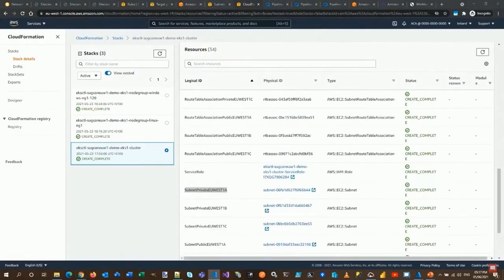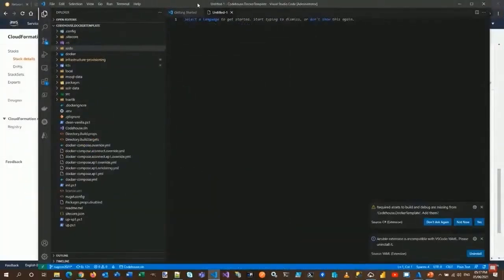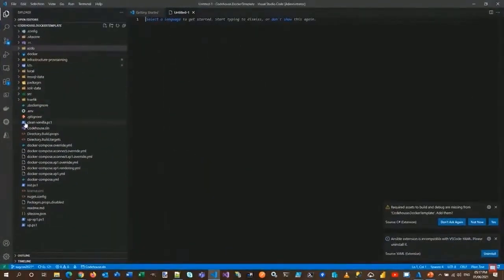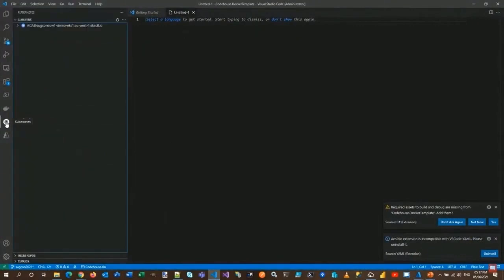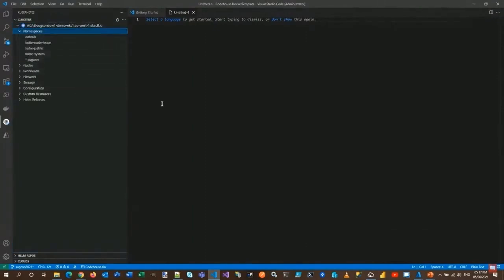I will just pull real quick as I'm running out of time. Visual Studio Code. If you go to the Kubernetes, I already have registered in my kubeconfig the connection to my EKS cluster. And if I expand on my namespaces, by the way, this is a great tool if you are not very command line,